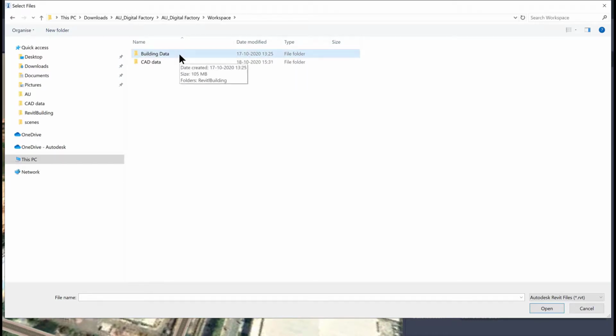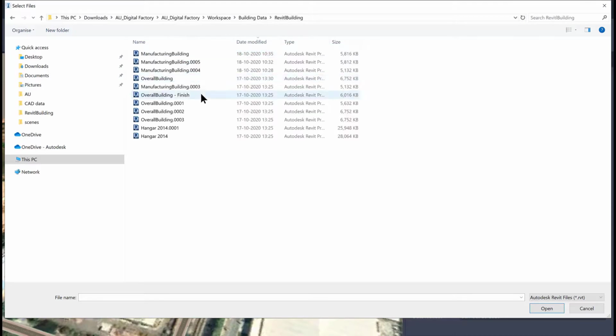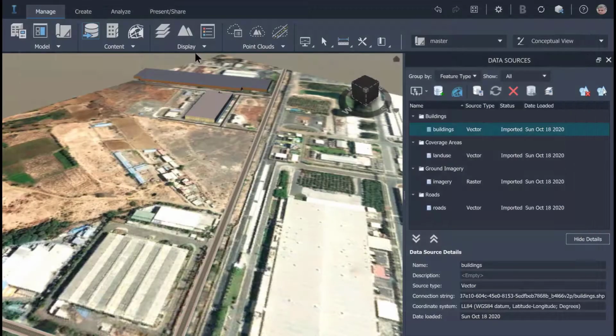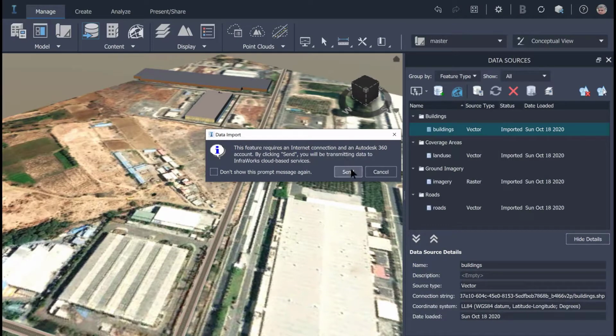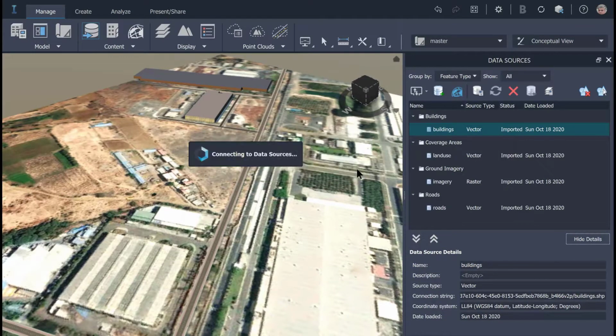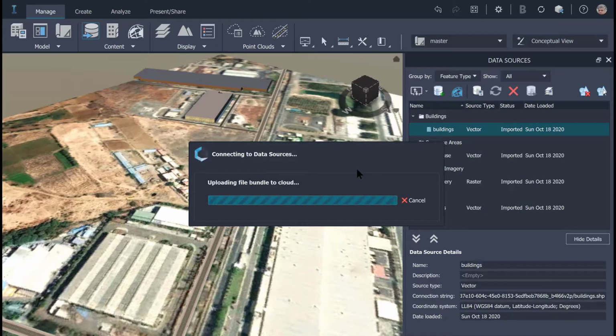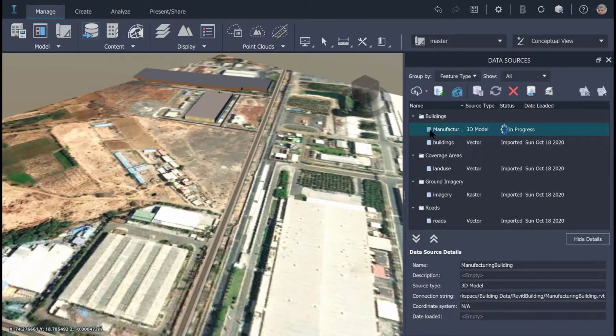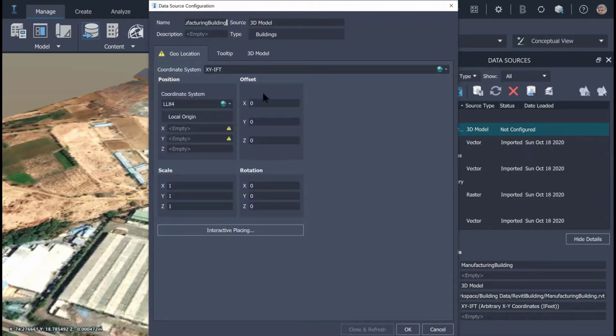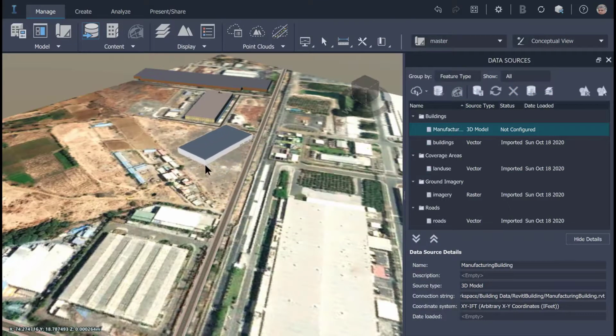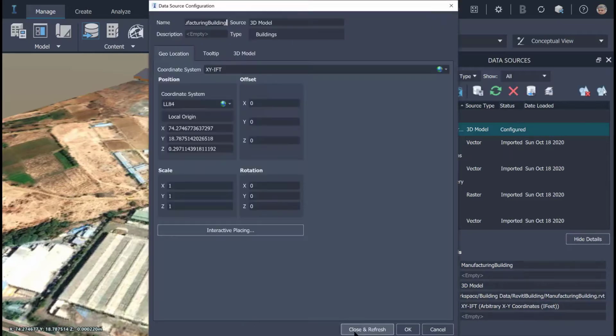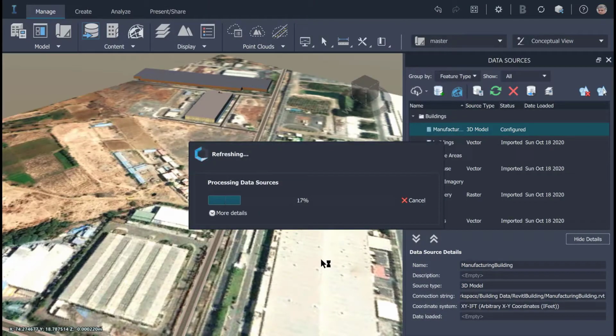So this is the building that came to me from my building contractor, the architect in this case, and he has given me a conceptual design for the overall building, which I am going to leverage and place on my piece of land to plan a few things, such as orientation of my building with respect to existing surroundings, and also things such as deciding on the approach road and other logistic considerations.